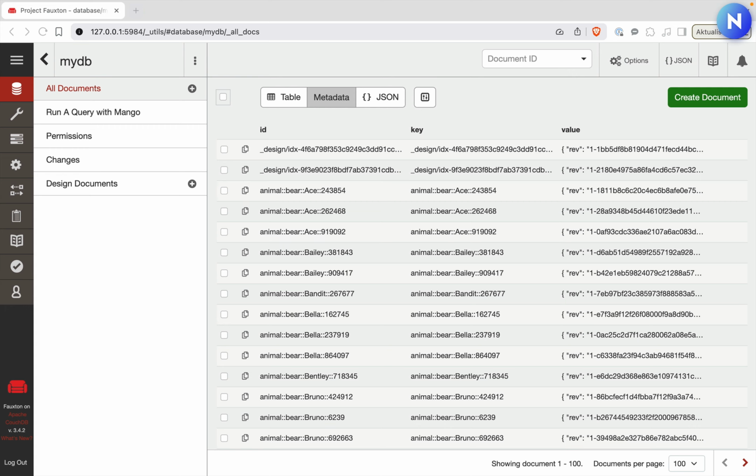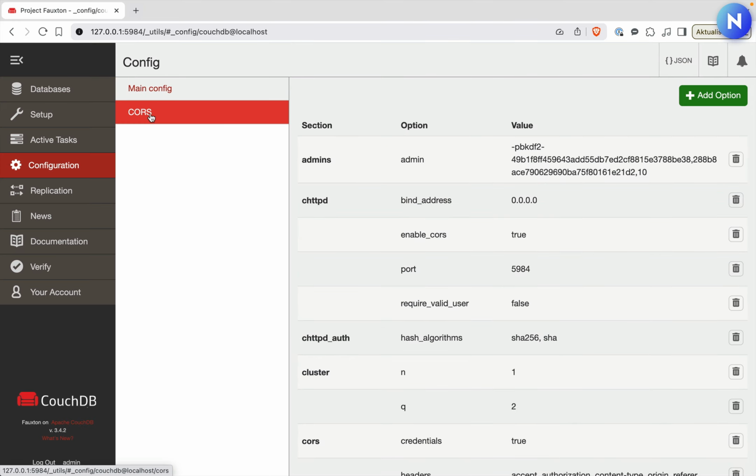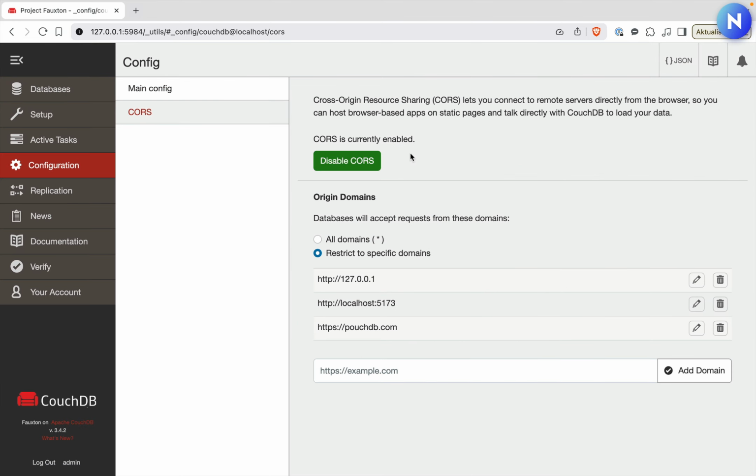That is if you want to use a local CouchDB to try all of these things out in conjunction with the stuff you're pasting into the PouchDB console. Your local CouchDB needs to be set up in a specific way. This isn't a particularly big thing. You just need to go over here to the settings and configuration, hop on over to CORS. CORS should be on in this case. This is quite useful for local development. And then down here, when you're restricting it to specific domains, you need to add https://pouchdb.com. If this is set, the things you write into the pouchdb.com terminal should be able to talk with your local Couch, as shown in this video.